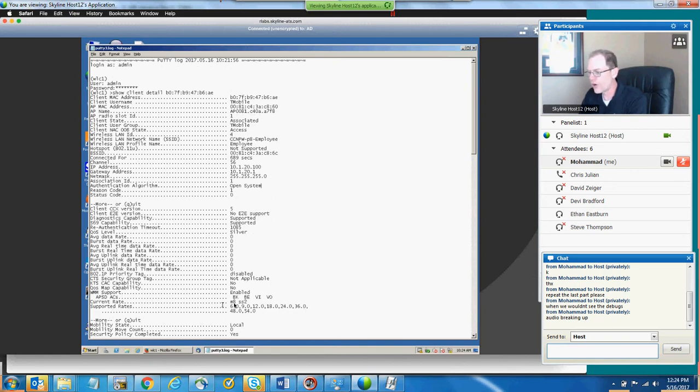Here is my current rate. So it's M8 SS2. So if you go to your MCS ratings and find M8, the SS2 actually means 2 spatial streams. And so you might have M8 SS1, M8 SS2, and that's going to tell you what your theoretical data